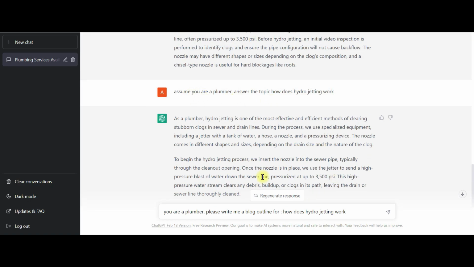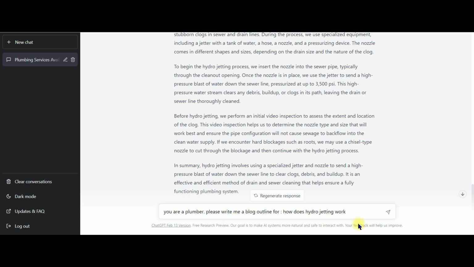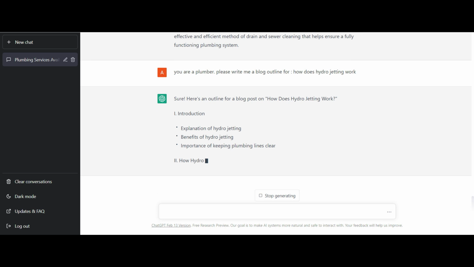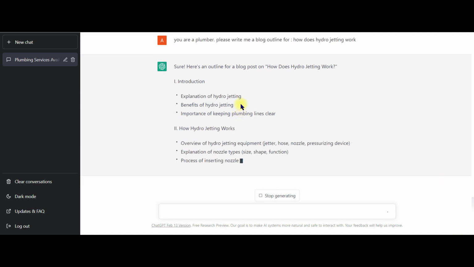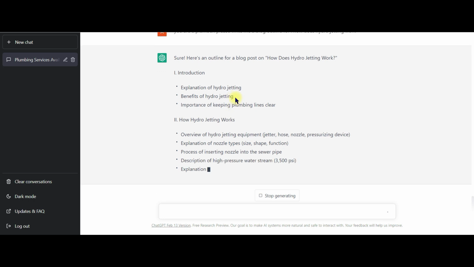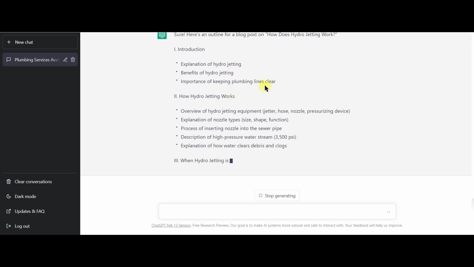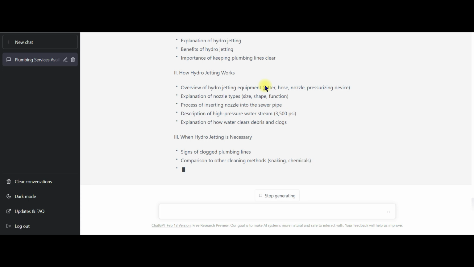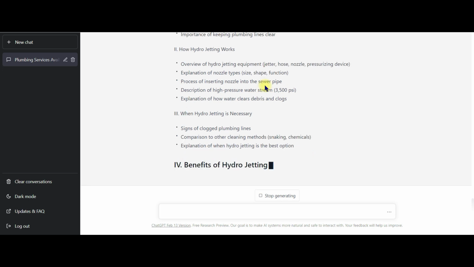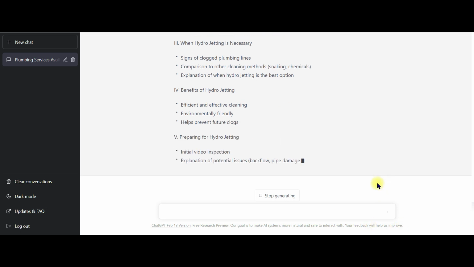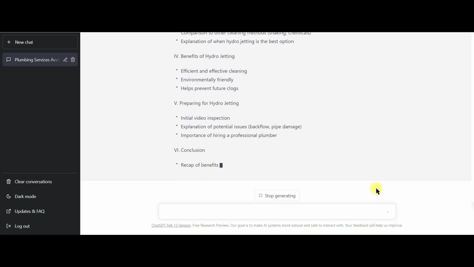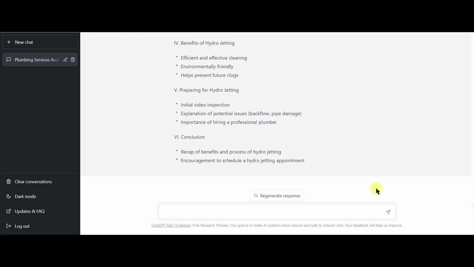So ChatGPT has completed writing this particular section above. I'm going to ask it to write my topic. So it's writing the blog outline. It says that you should explain hydrojetting, talk about the benefits of hydrojetting, talk about the importance of keeping plumbing lines clear, etc. So if you write this article keeping all this in mind and using this structure, it is very, very useful